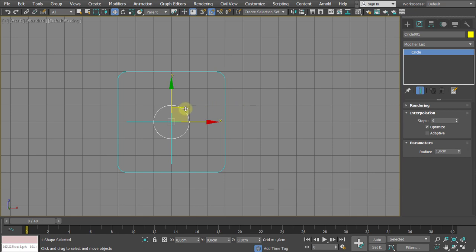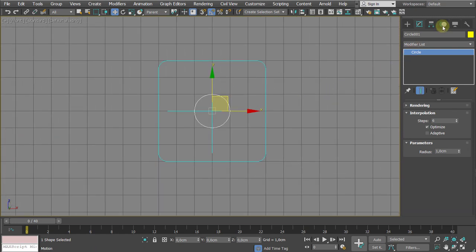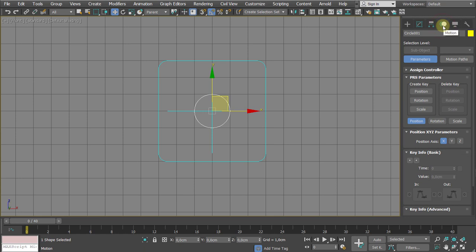Alright, so that's a nice touch. So right now we have a good relation, but the problem is that it's still not respecting the boundaries. So we have to teach this circle a lesson. We want to restrict them, and for that we need to go to the motion panel, and actually it is a positional type of restriction, so we are reducing the range of motion of this circle. For that we will apply a controller. It's kind of a relation,